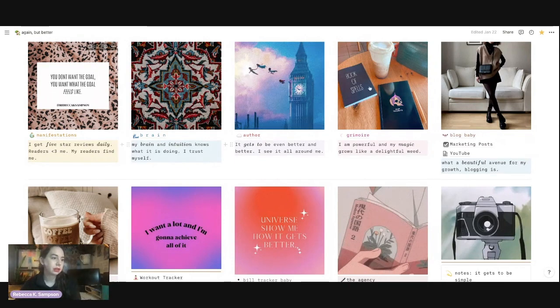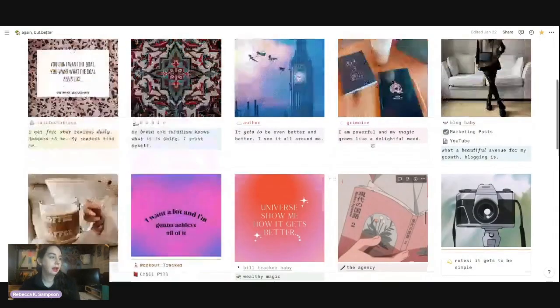So this is the only thing that I own. And that's why I'm not providing a free template with any of this information, because these graphics are not mine to give. I'm just giving you this for demonstration purposes, and you can create your own. When I do my manifestation planner and share that later, I will be sharing a template that has royalty-free images that I've vetted myself. So we will do that later.